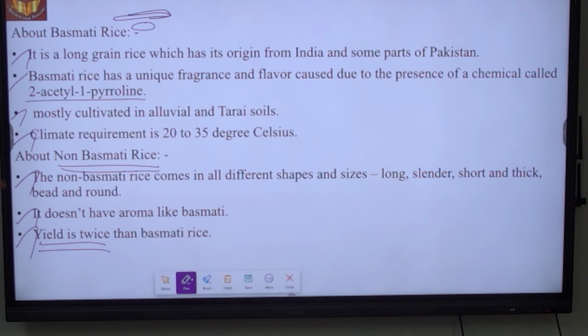So if the UPSC is asking a question related to basmati rice, its soil condition or weather pattern,